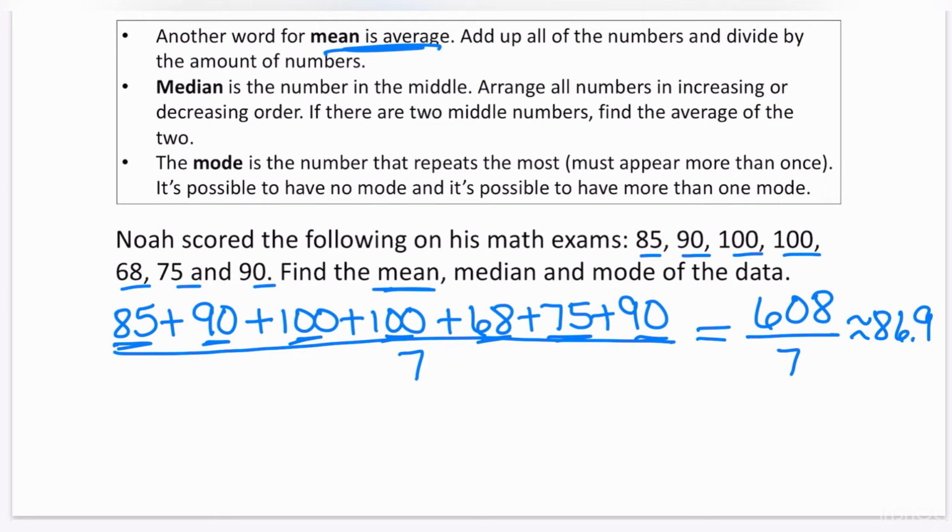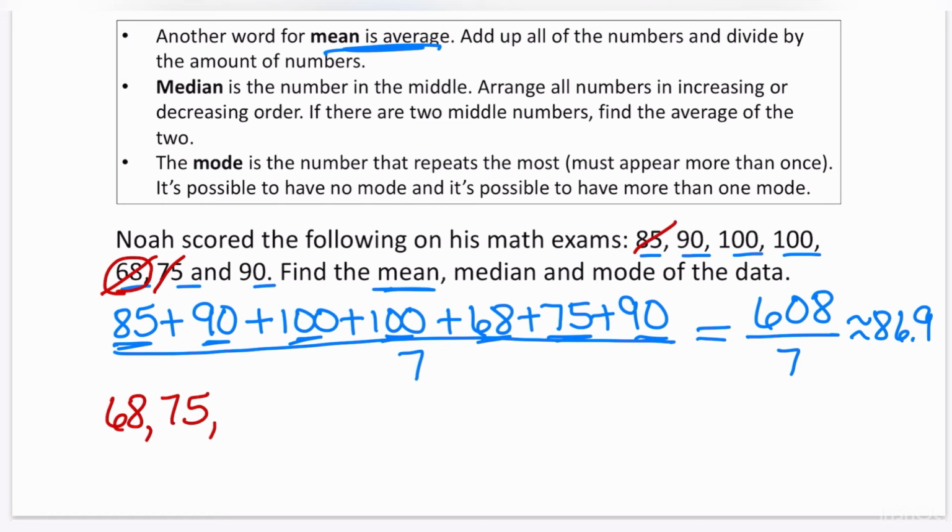The other thing that we're asked to find is the median. Now, in order for me to find the median, I have to put the numbers in order. Scan the numbers. Clearly here, the smallest number is 68, so I'm going to write down 68. Because I already used 68, I'm going to go ahead and cross it out. That way I know I already used it. The next one is going to be 75,